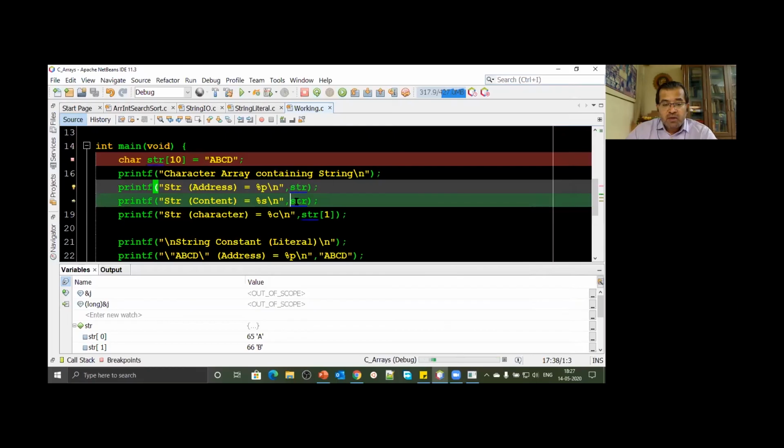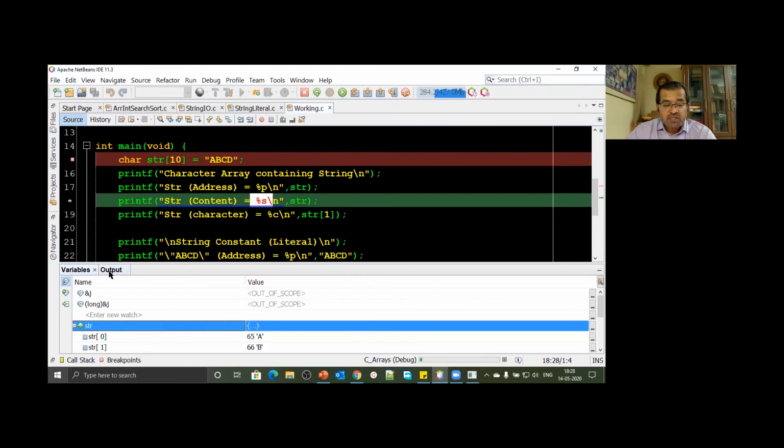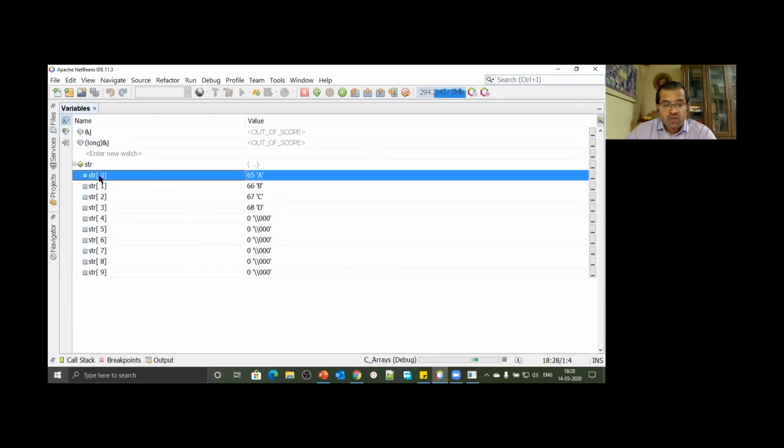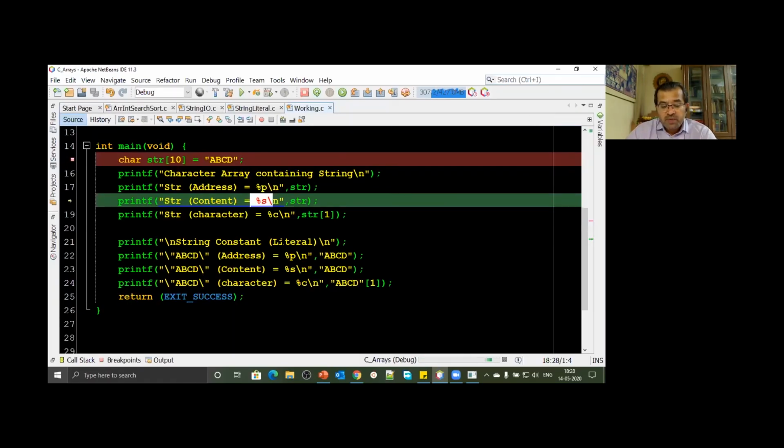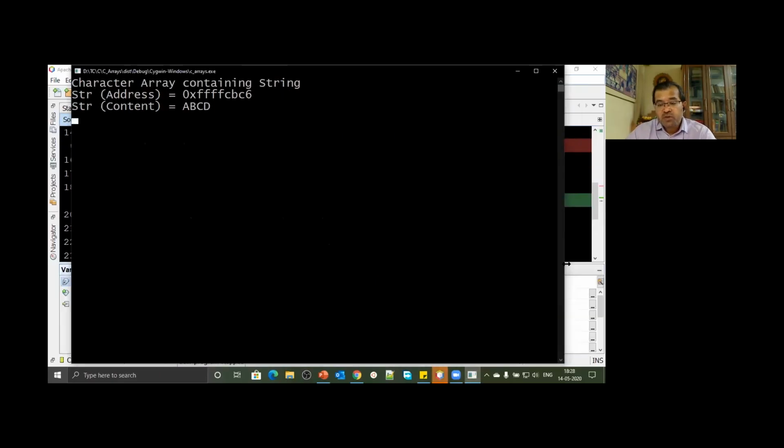If I had said only str, but instead of using %p, had I used %s, listen to me very carefully. %s, what does it do? Whatever is the argument, that has to be a pointer, whichever location it is pointing to, on that location, whatever characters are stored, it will go on printing all the characters till backslash 0 is encountered. So it will start from this location and go on printing all characters till backslash 0. It will find at the 5th position backslash 0 and that is where it will stop. So let's print the string using %s and %c. When I print the string using %s, look, the entire string ABCD has got printed.